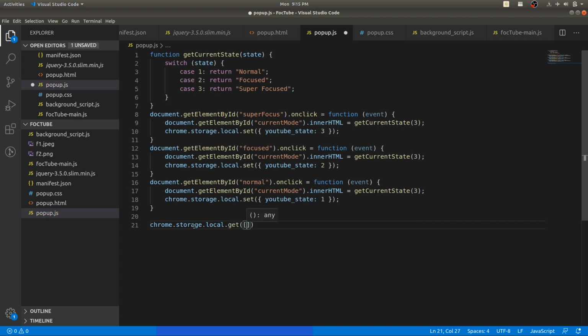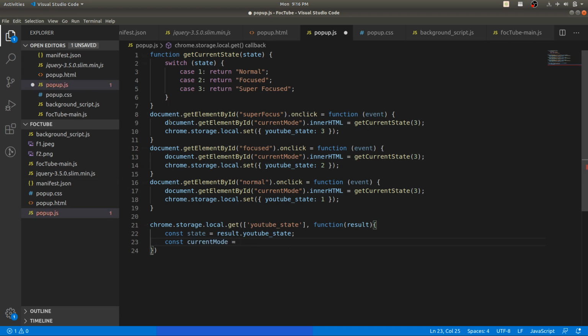Or like first of all we can do that, when this page gets executed, so first time when we didn't set anything, when we didn't click anything, the popup.html will get the current YouTube state and set it to the current mode.